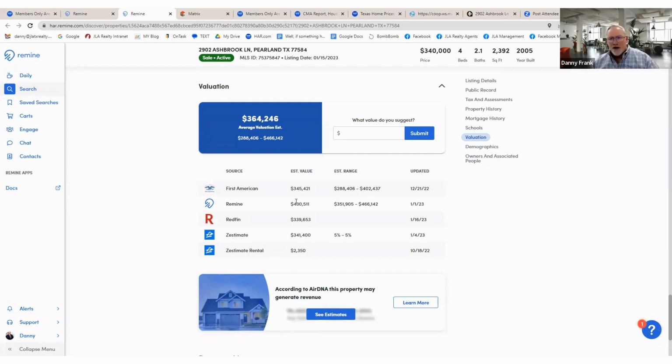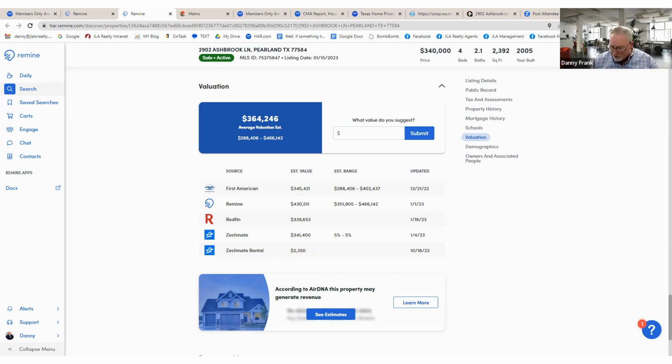So I'm going to go there and look at that. And so we have 1, 2, 3, 4, 5, 6, 7, 8 different AVMs that we're going to use. So all I'm going to do is really, I'm going to get my trusty calculator right here, and I'm going to come in, turn that on. I'm just going to add up those 8 numbers, guys.